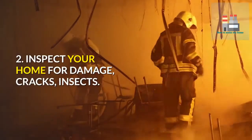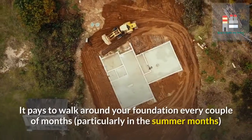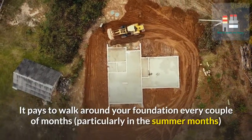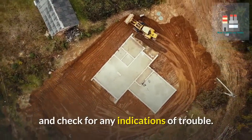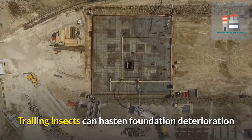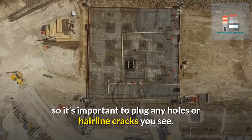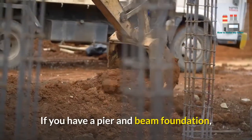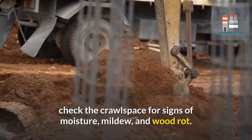2. Inspect your home for damage, cracks, insects. It pays to walk around your foundation every couple of months, particularly in the summer months, and check for any indications of trouble. Trailing insects can hasten foundation deterioration, so it's important to plug any holes or hairline cracks you see. If you have a pier and beam foundation, check the crawl space for signs of moisture, mildew, and wood